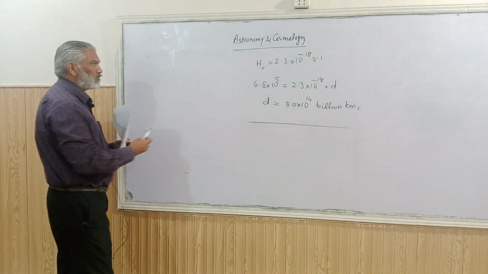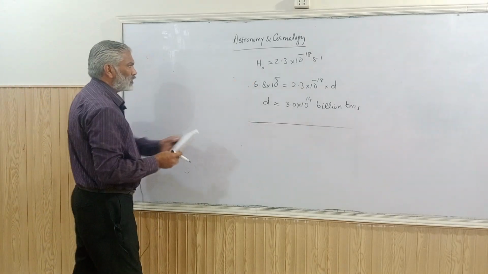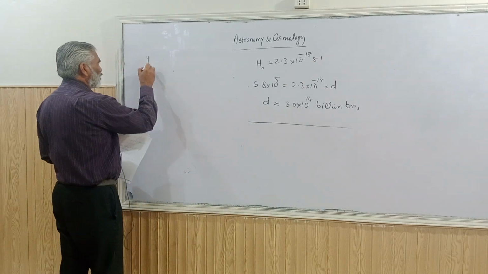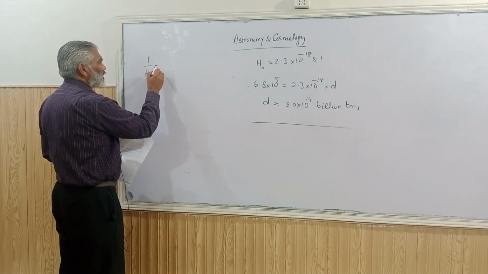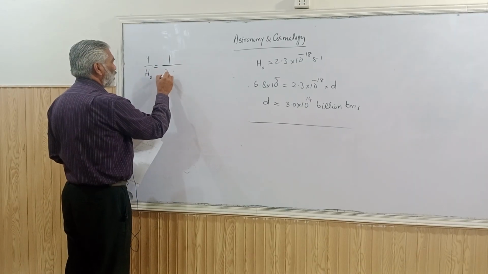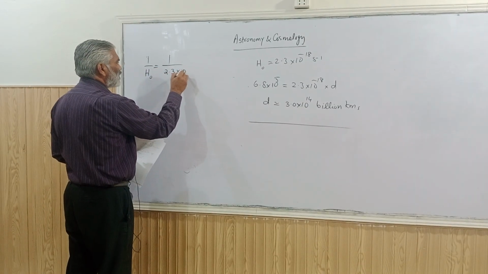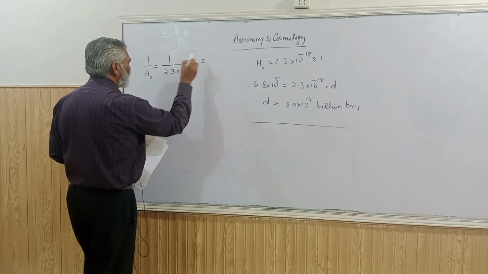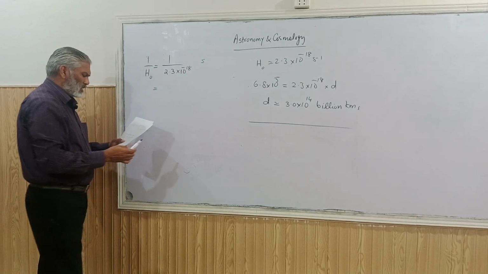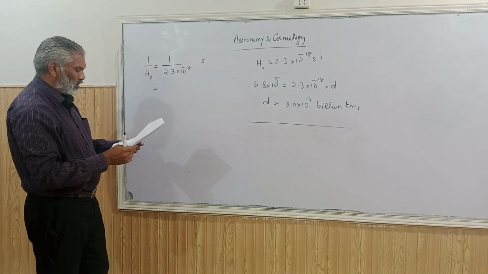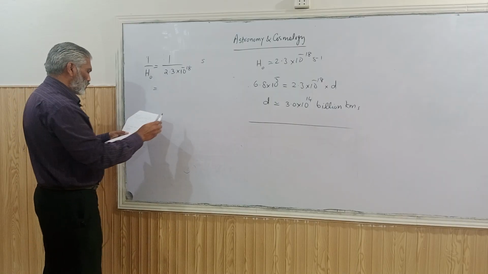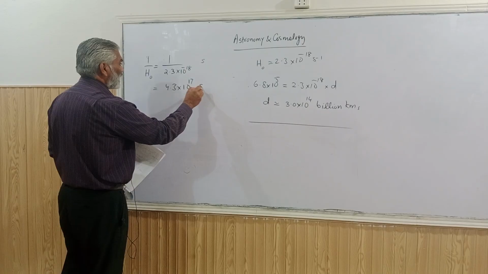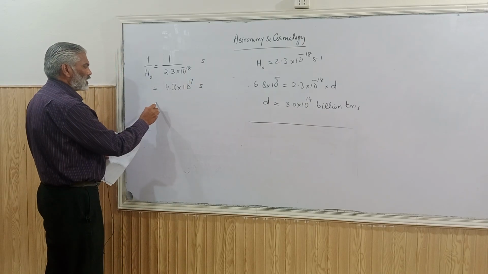For example, if this is the Hubble's constant, in s minus 1, and I take the reciprocal of it, 1 over H naught, this is 1 over 2.3 into 10 raised to power minus 18, which is in seconds now. What is the significance of this calculation? This time comes out to be 4.3 into 10 raised to power 17 seconds,